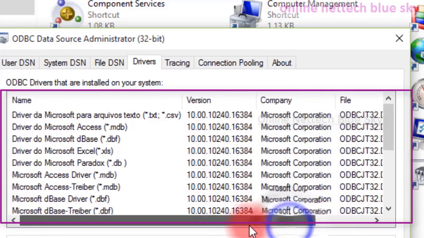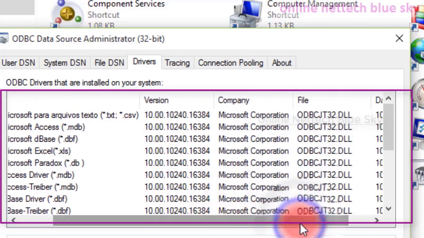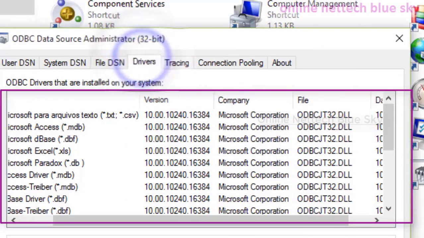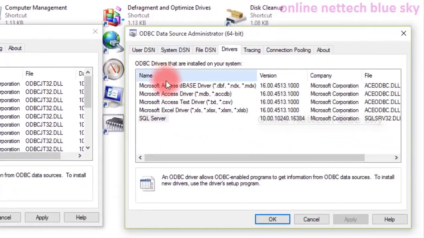See, a lot of files here. Different types of Microsoft drivers are available inside 32-bit. What is a driver? Click on it and you can see here.